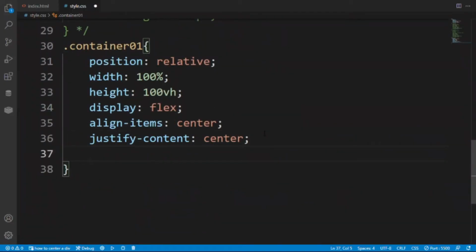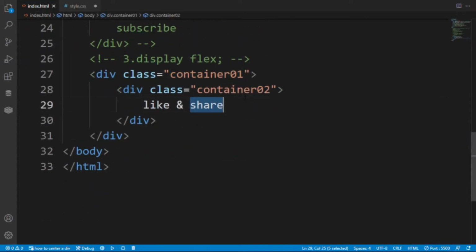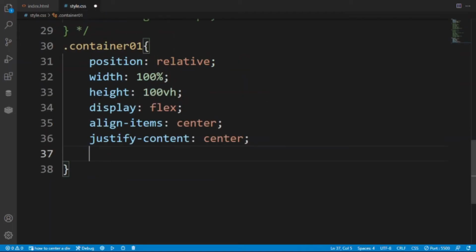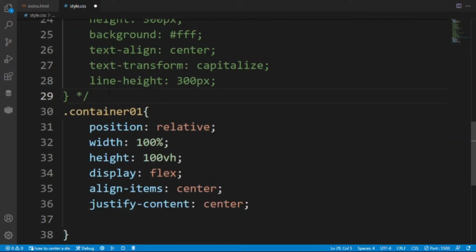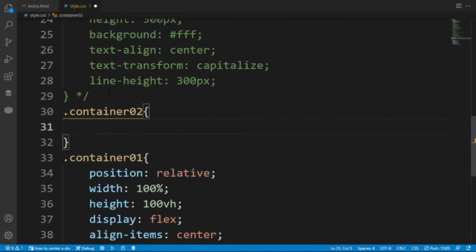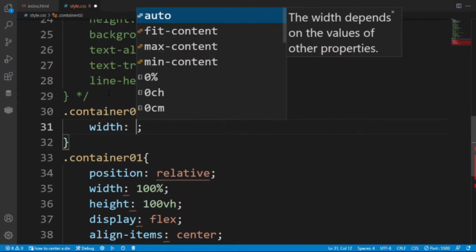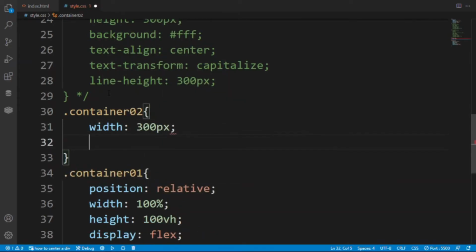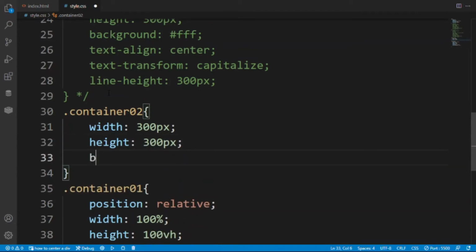Now we are going to style this container 02, which stores the like and share. So please do like and share this video. In this I am giving width 300 pixels, and all this as we have done above in this video.